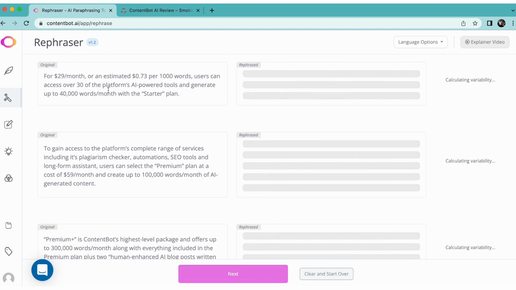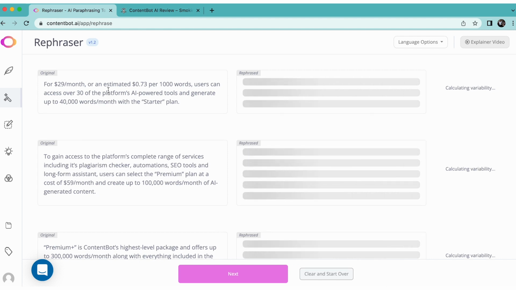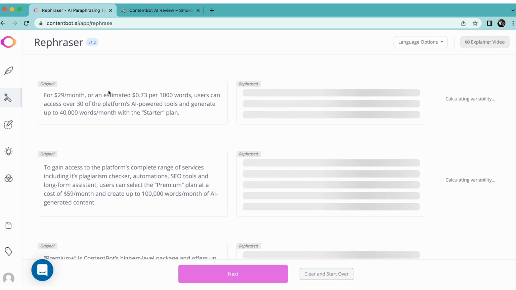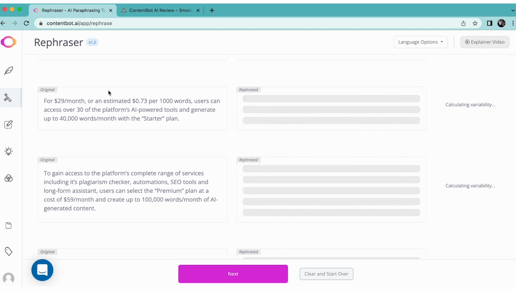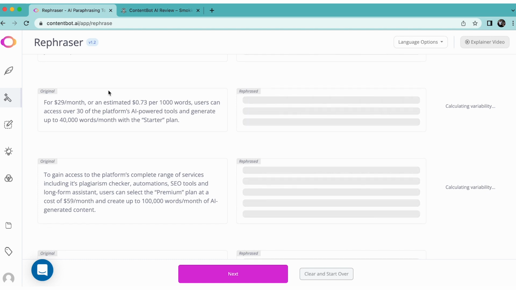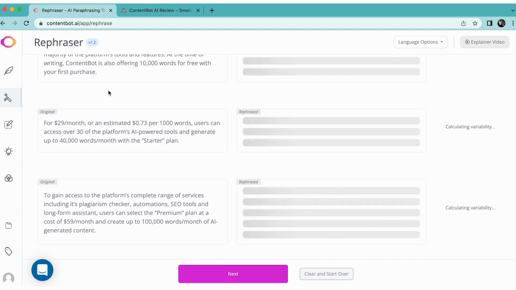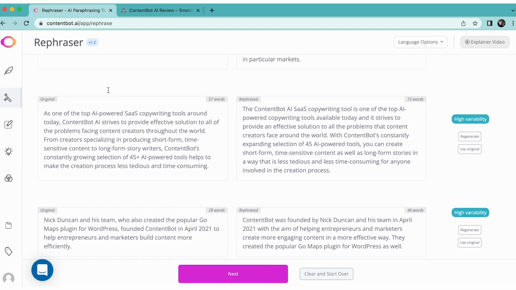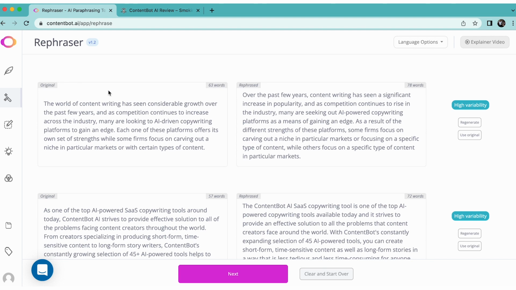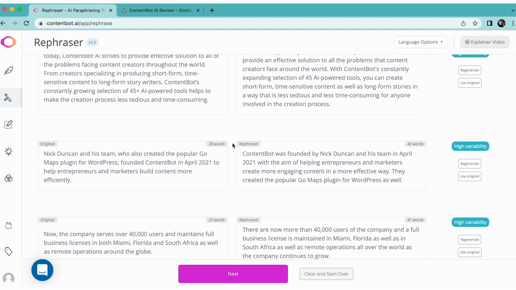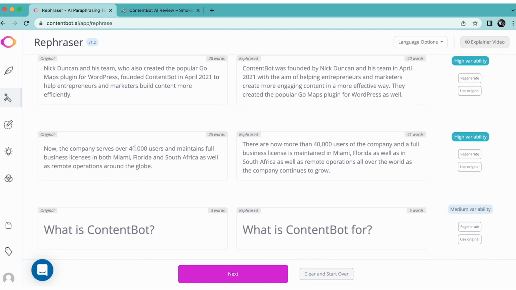So here you can see the original text. We'll start with the first area here. For $29 per month, or an estimated 73 cents per 1,000 words, users can access over 30 of the platform's AI-powered tools and generate up to 40,000 words per month with the starter plan. Where did that go? Okay, so here is your output. It goes paragraph by paragraph. You can compare the original to the rephrased version. You can regenerate it, and you can either keep the original or,